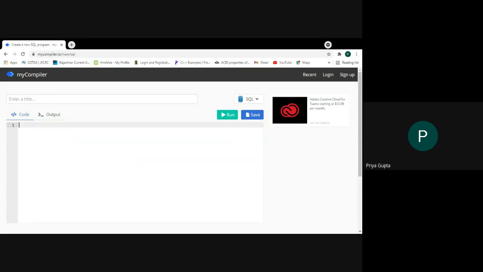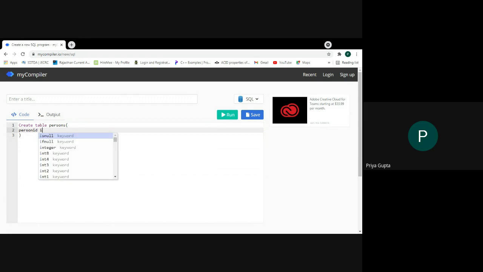We will start with create table. Person is my name of the table. Then I will specify the names of all the columns. So my first column is person ID. Then the type of the person ID is int, comma.